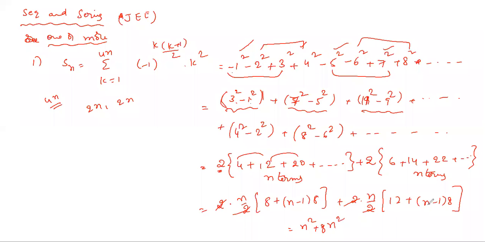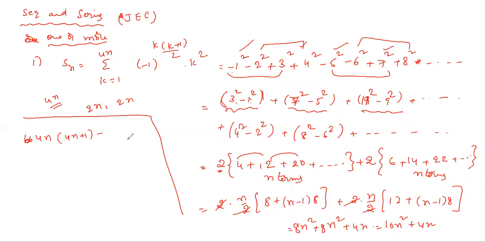We can square this. Whatever this is, we can square it also. We can square plus 8 square 16 and square plus 4. This value is given already. So 16 and 12 is 4, and we can take 4n and plus 1. What is this given value? We can take the values.